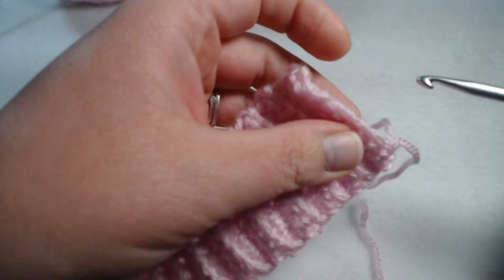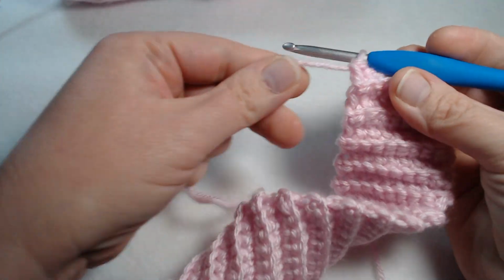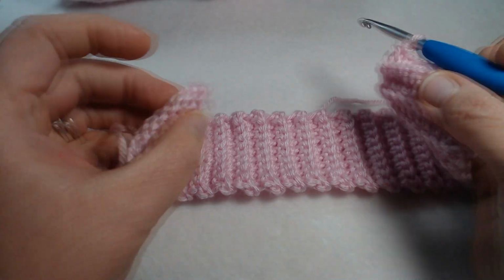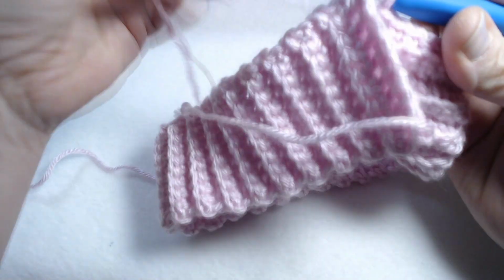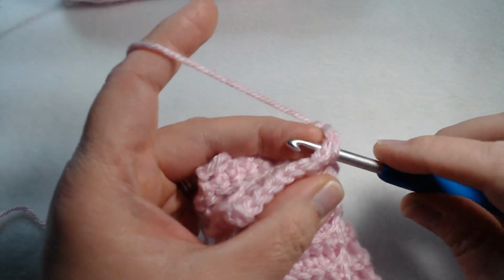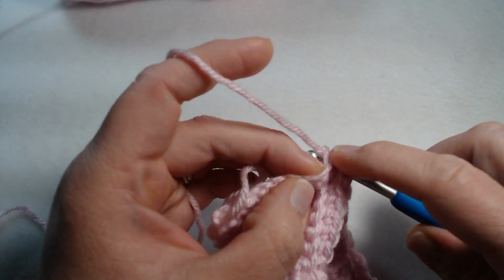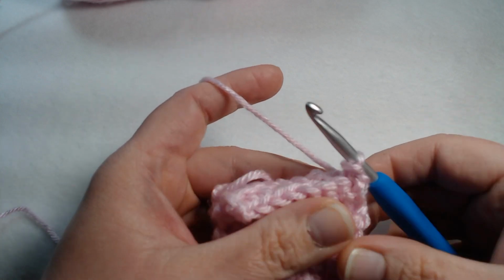Okay, so let's go ahead and join this band together. What you want to do, continue with your size H hook. Bring the two ends together, and we're going to slip stitch. So making sure the ends come together like this. Very end of that side, grab your yarn and pull it through both loops. And then you're just going to go through both loops here, front to back, and then slip stitch it together, just like that,